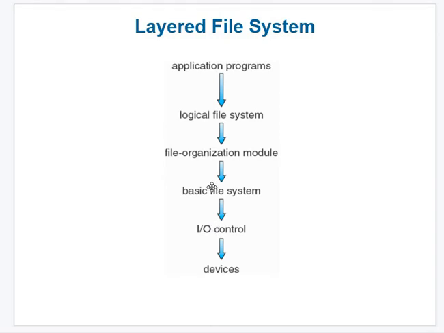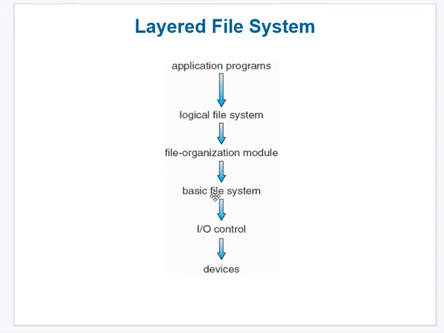I hope you know about the BIOS setup word you might have heard: basic input output system. It issues a general command during a data transfer. Since each physical block is identified by a unique address, it is important to identify which block you or the process is working on. So the basic file system should identify on which block a process is working. If it fails to identify the particular block, then the data transfer fails.